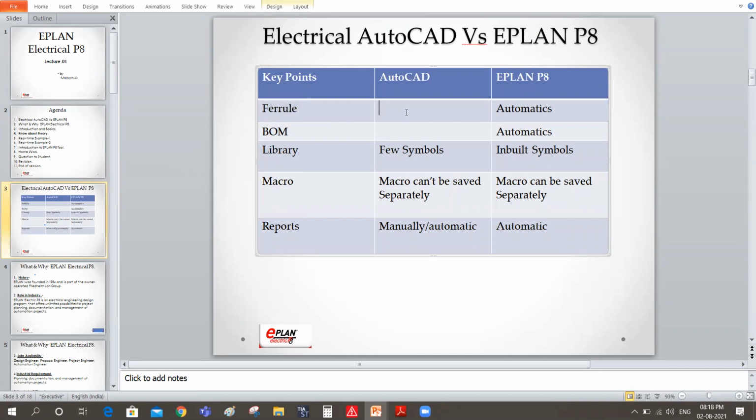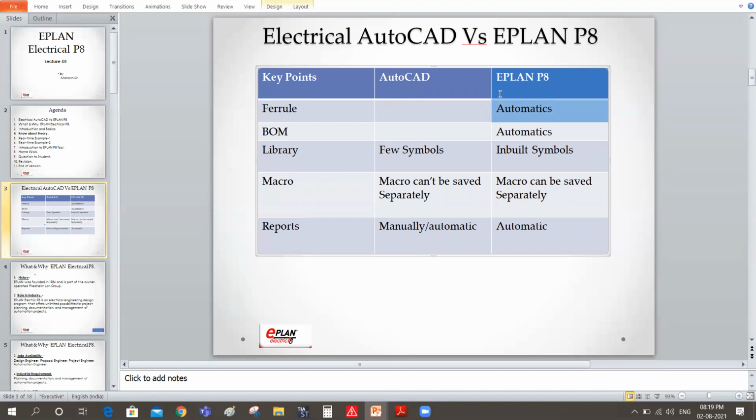In AutoCAD you will have very limited functionality for generating this wire number, but in ePlan you will have very customizable operation. You will even have a number of combinations.